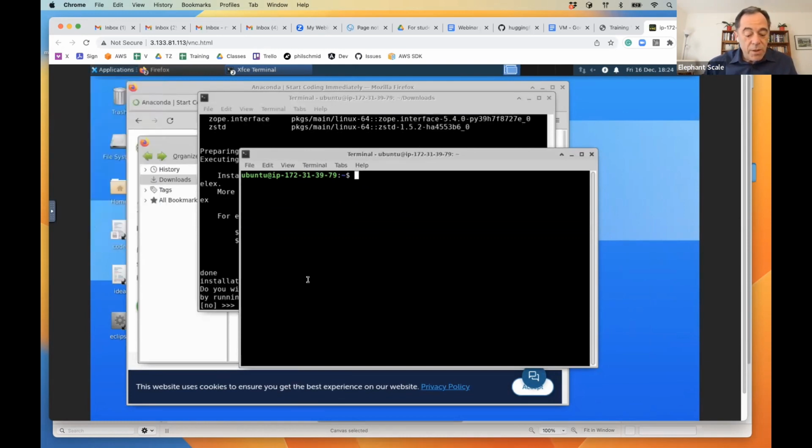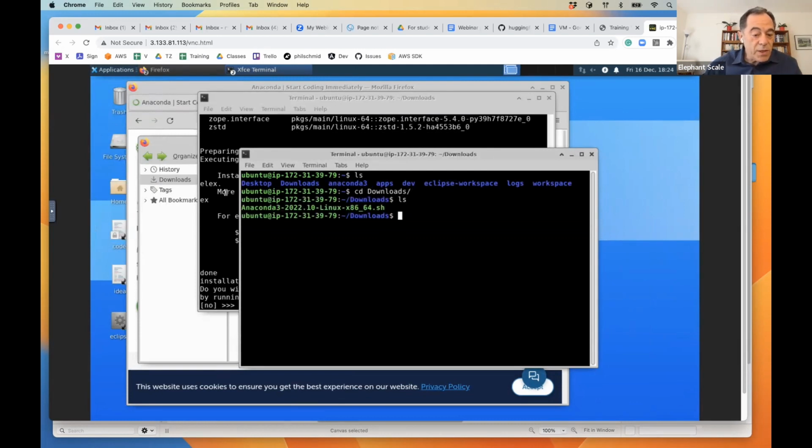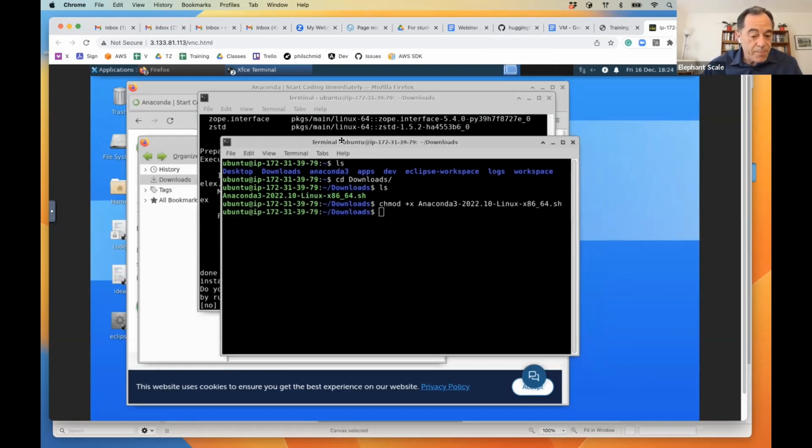Now that you have this terminal, you do ls just to see what you have there, and you have downloads. So you go cd downloads and do ls, and you see this installer, it was downloaded into this folder. You also see that it is green because I did this command. I said change mode plus x and then Anaconda. I don't have to type everything. I put the first letter and I press tab, and there you are. Now I can do it even though it's running right now and it already has those permissions. I give it another permission, which is the same. That's okay, right?